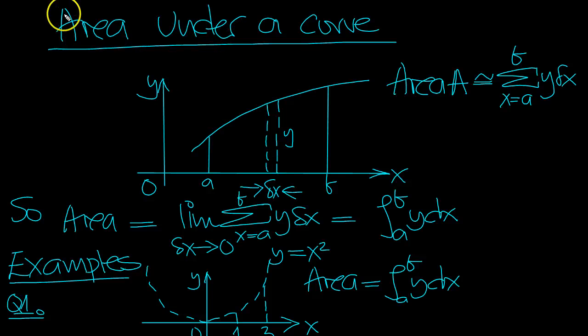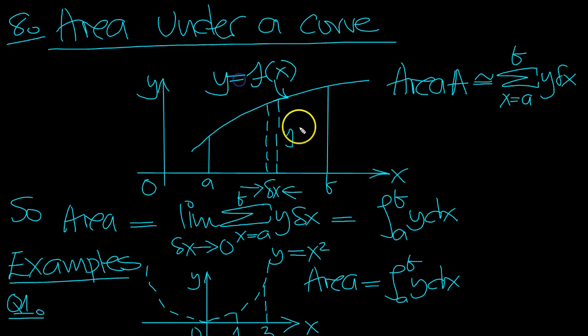The area under a curve then, chapter 8. Here's a picture of a curve, y equals f of x. We're going to look at f of x positive in the first instance. So this is the curve, y equals f of x. Now, the area of the segment from here to here under the curve then, we can think of it as